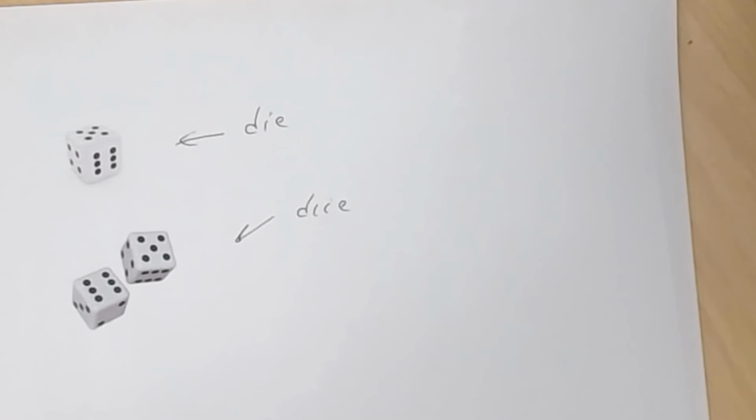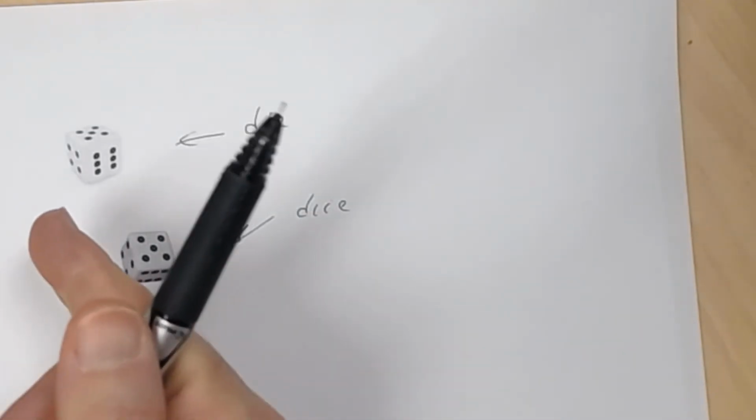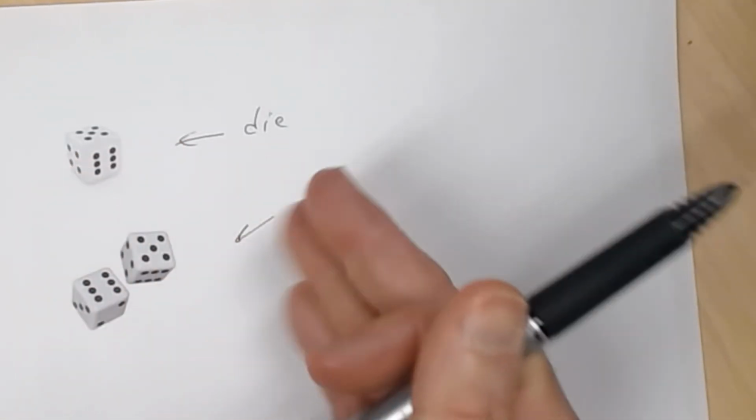So in each side, you have dots going from 1 to 6. So just keep that in mind. Okay, so